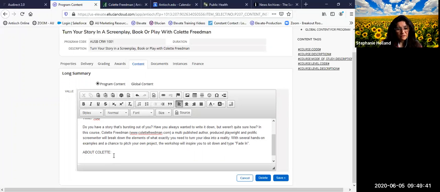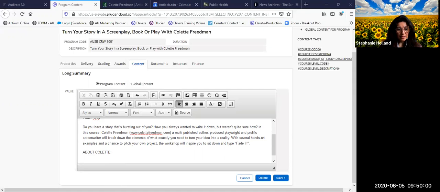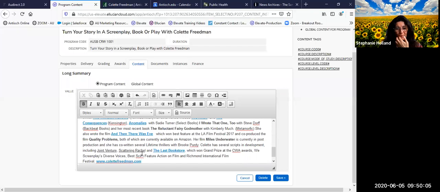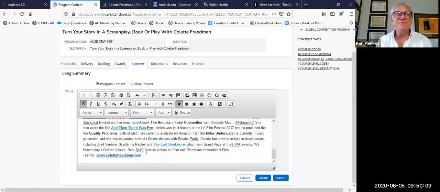Oops, should I do shift enter? No, you're okay. Now you can just paste in that. And here's our chance to check ourselves, Stephanie, because that biography I took from her Santa Barbara faculty webpage, so it's going to have the correct spelling of her name. 1 L and 2 E's. Wow, look at that. Sweet. And then do we add her picture? Well, so no,